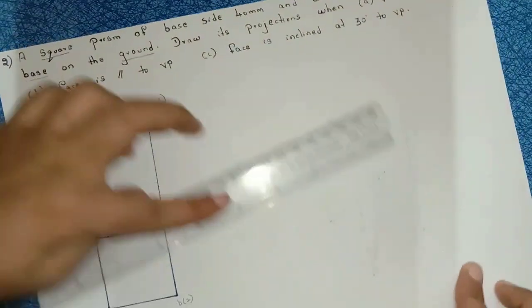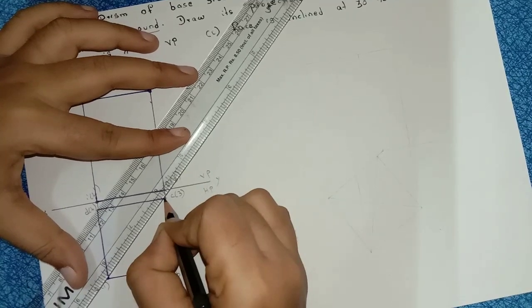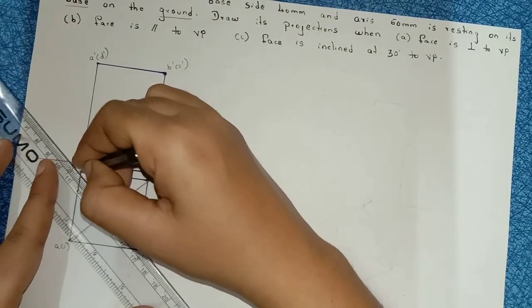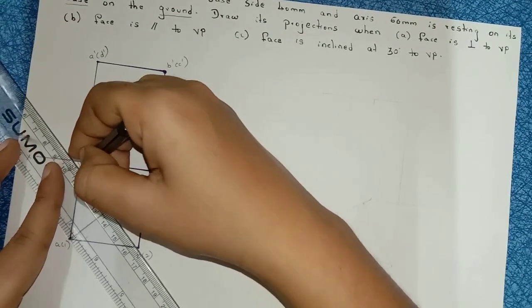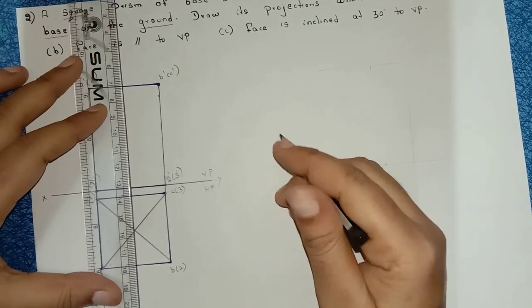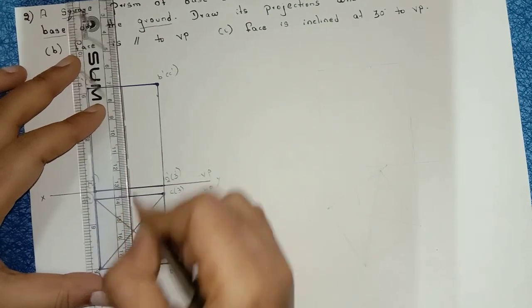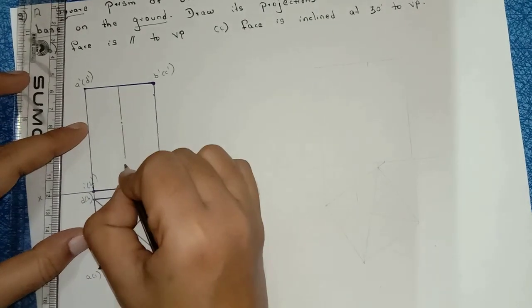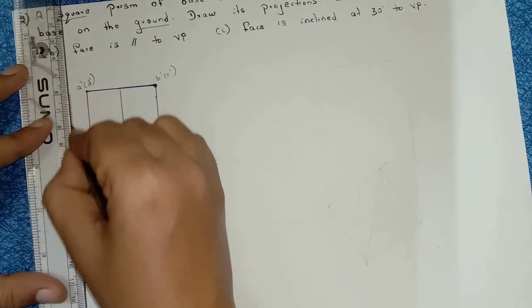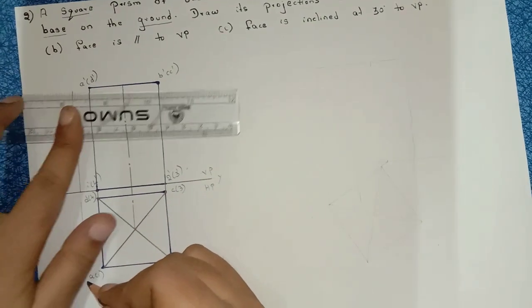After drawing this one, definitely you have to mark the axis line. So joining these corners, I will get the midpoint. Through that midpoint I will draw the axis line. From the midpoint of the square I will draw the axis line. Axis line should be dash dot, and for prisms the axis line should be in a very light manner, right? So after completion of your problem, don't forget to mark dimensions, right?